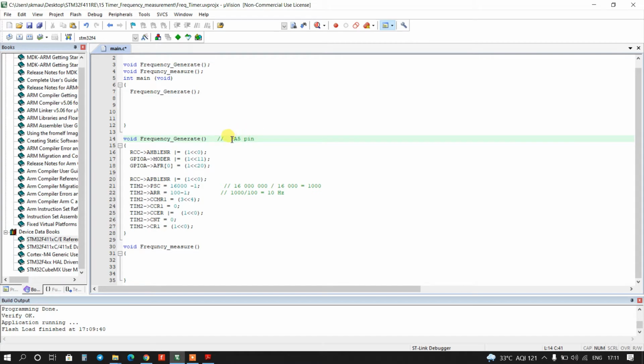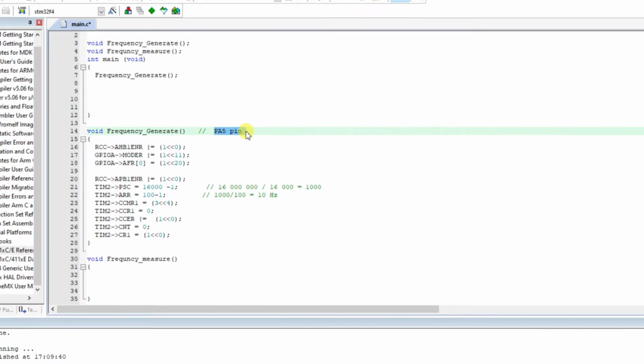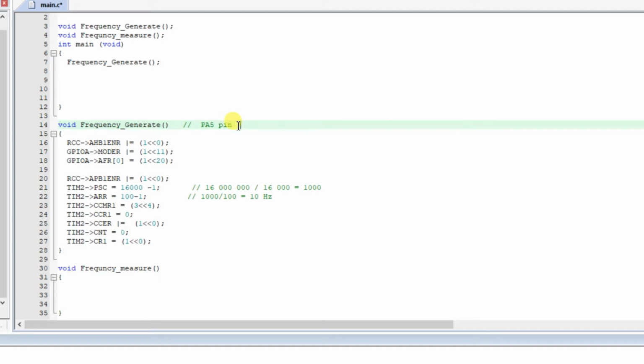We are using the PA5 pin and Timer 2 channel 1, and here we are going to use the PA6 pin, Timer 3 and channel 1, right?